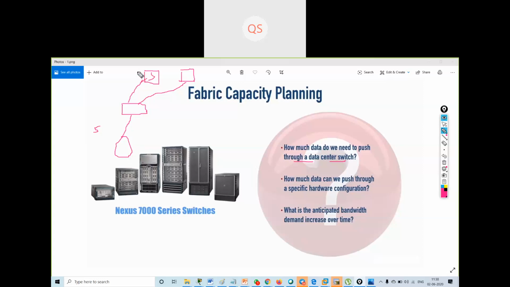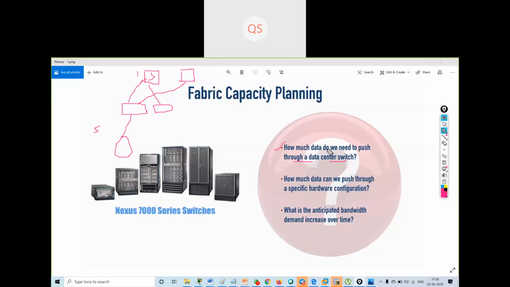If I'm considering one spine switch, I have to consider how many leaf switches are connected to it, and how much data is going to be flowing at maximum from all of these leaf switches.